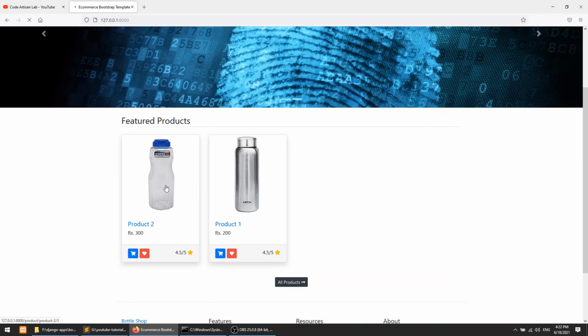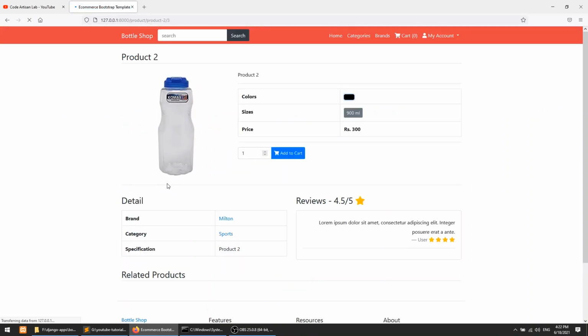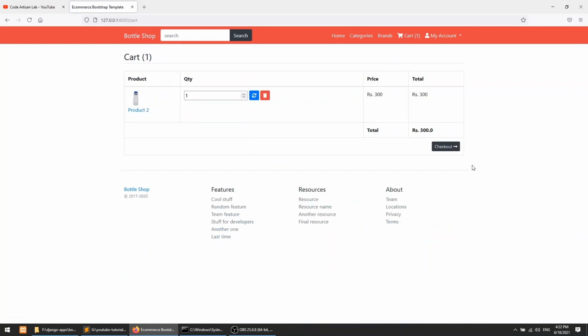So when we click on this, okay, and then we click on this. Here we have added the product in our cart section. Now when we click on this checkout, it will show the summary of the cart, and then we will click on the button and it will redirect to PayPal. So let's create the checkout page.